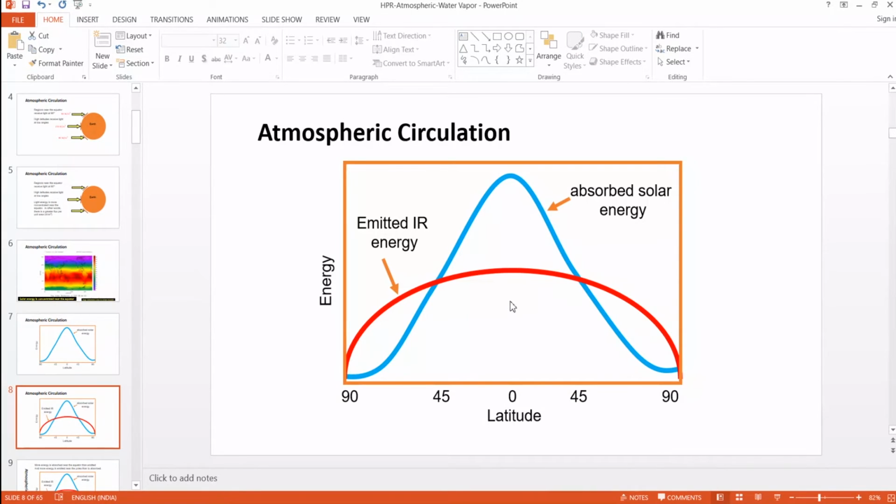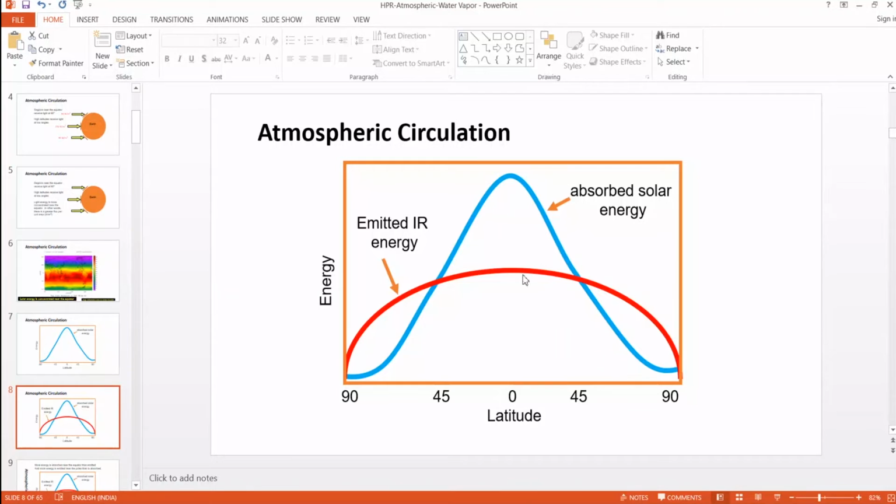There is not much variation in the average surface temperature of earth. Therefore this emitted radiation is almost constant from the equator to the poles, whereas absorbed energy is much higher near the equator. So there is a transfer of energy from